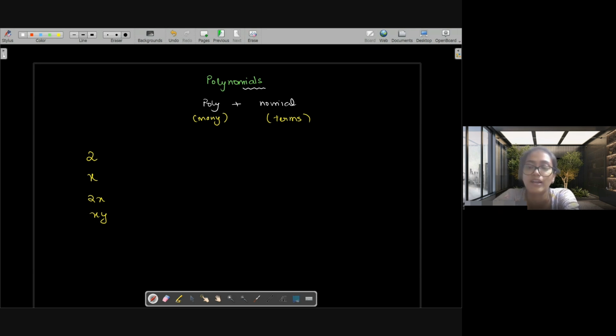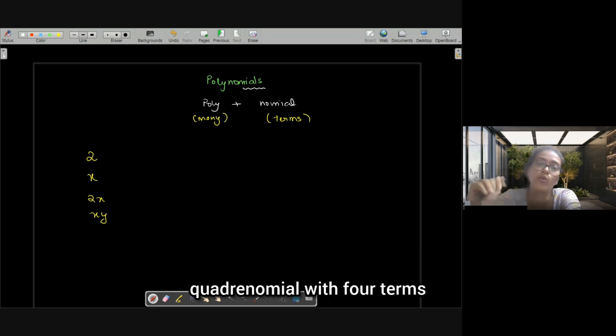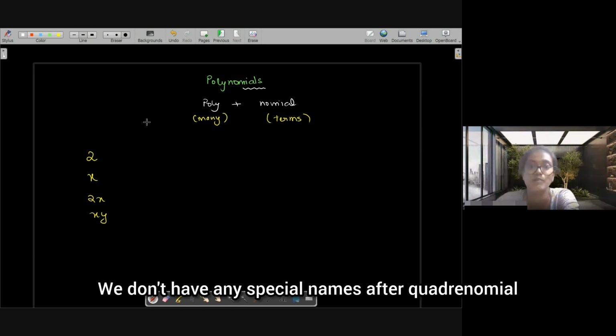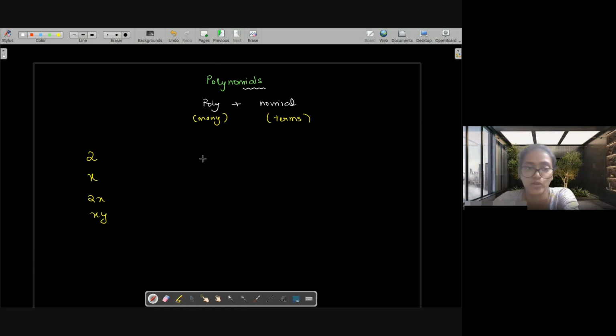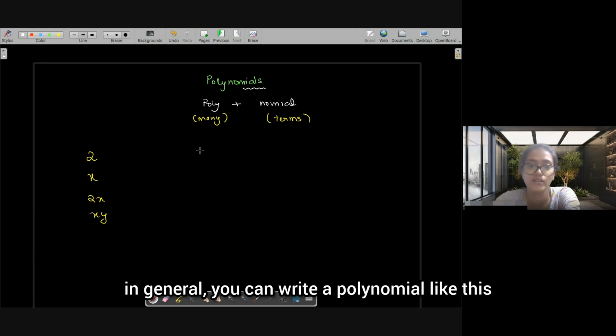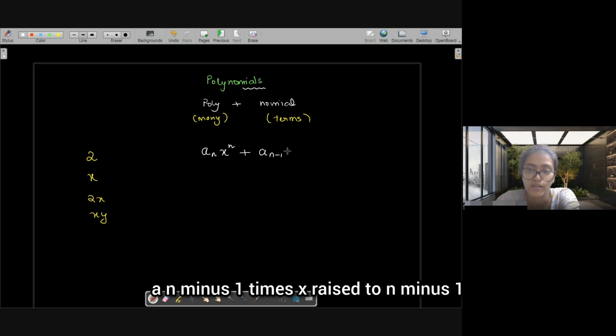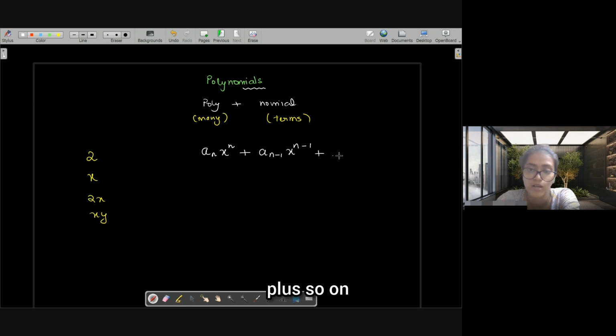quadrinomial with 4 terms. After quadrinomial, we just call it polynomial. We don't have any special names after quadrinomial. So in general, you can write a polynomial like this: an times x raised to n plus an minus 1 times x raised to n minus 1 plus so on